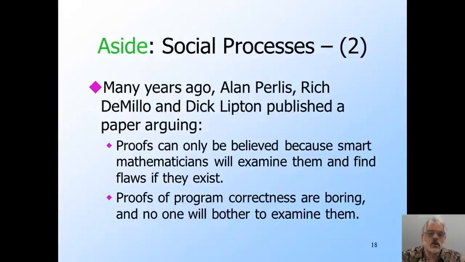Interestingly, that reasoning is pretty much held up. 40 years later, we still write code, hope it works, fix it if it doesn't, and do not suppose that we can prove it correct formally. There are a few exceptions. First, there has been much more progress than the 3 authors might have expected in automated theorem proving. Computers don't get bored, so to the extent that we could get them to do the checking, we can avoid the social process problem. A second, oddly, is that if you pay people enough, they will do the checking even if they do get bored. So there have been a few instances where a lot of money and time was spent doing a proof of correctness for a non-trivial piece of software.